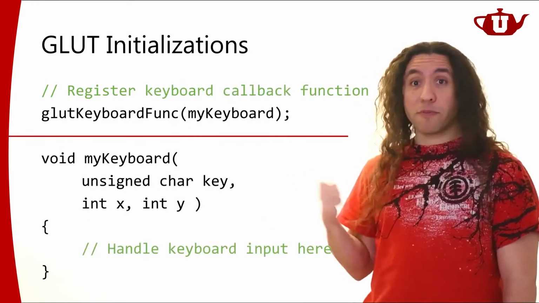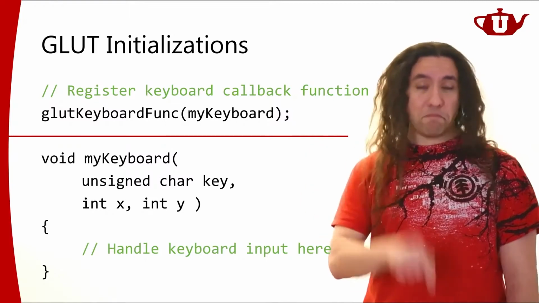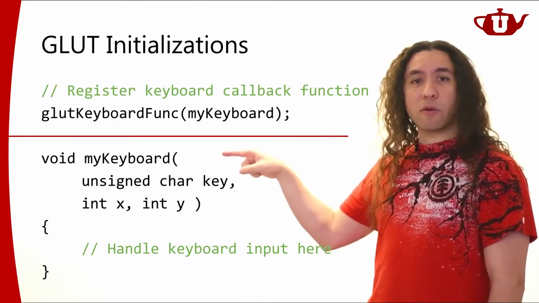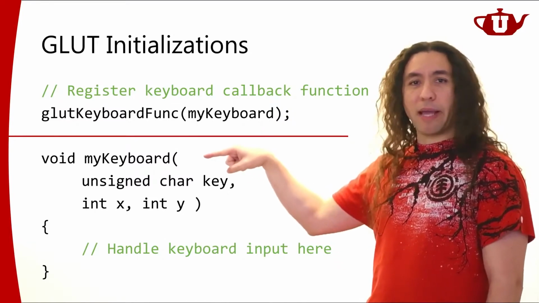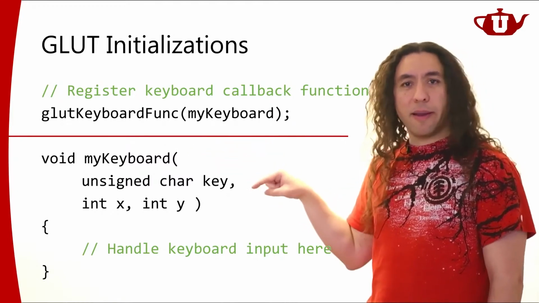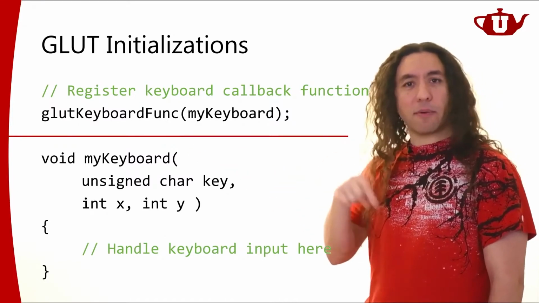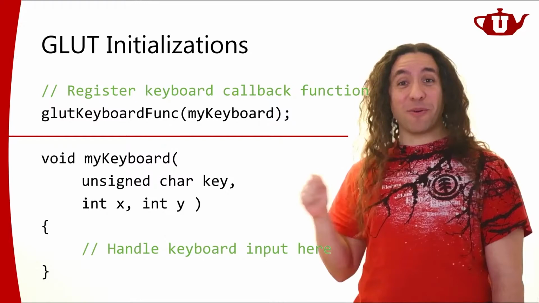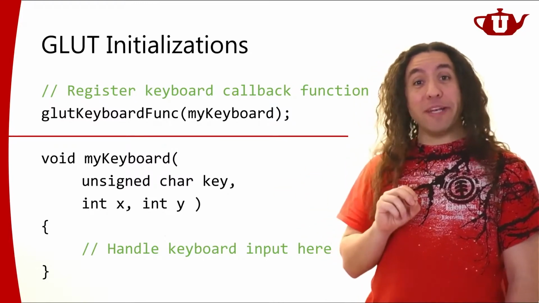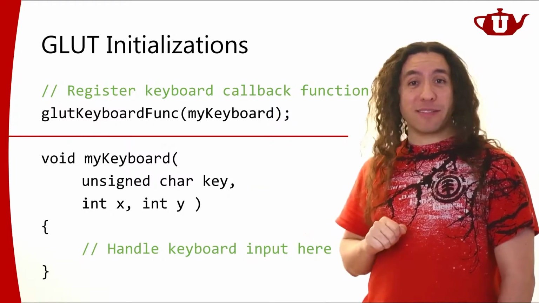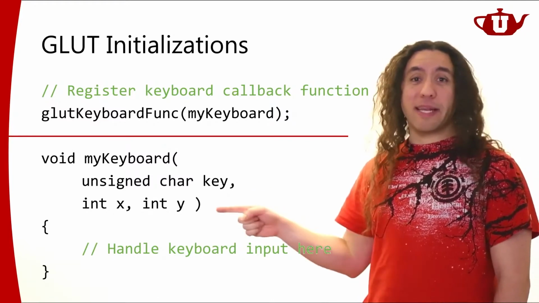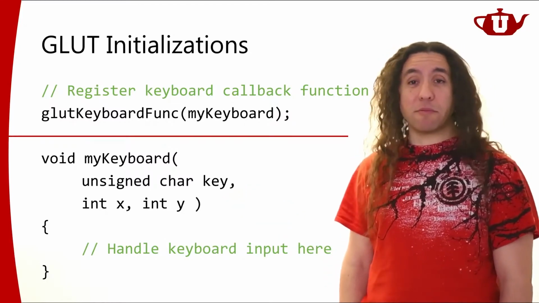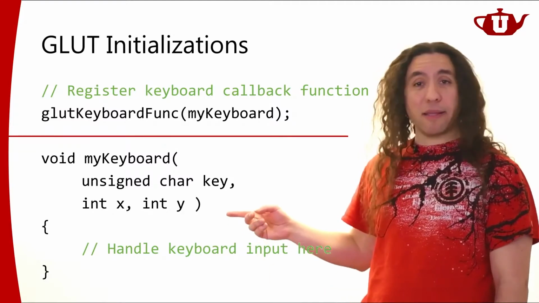We also need to get some input from the user, such as keyboard. Whenever I hit a key on the keyboard, I register this function, the keyboard function. GLUT will call this particular function with this form. This is, again, my function. Name it whatever you like. It gets a character key, the key that was pressed, and the XY coordinates of your mouse pointer on that window when this key was pressed. So you get that as well. Do you need it? Sometimes you do, sometimes you don't. A lot of times you don't. Most of the time you won't care about that XY, but if you want it, it's given to you.